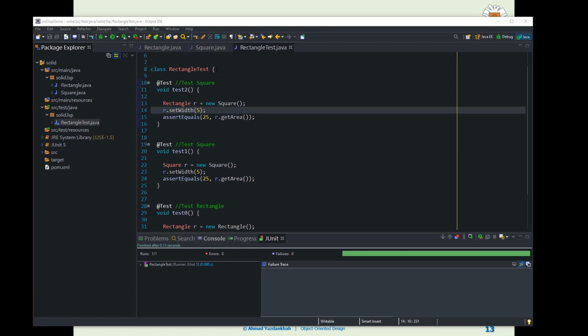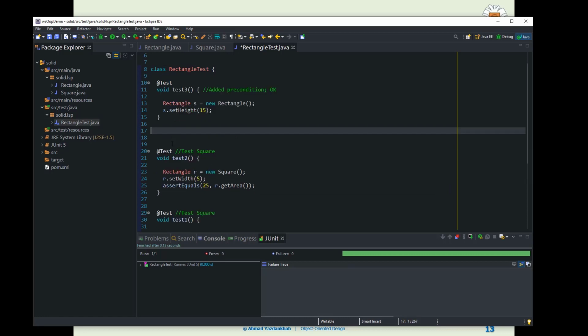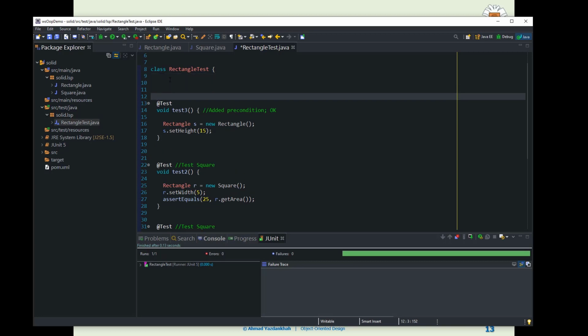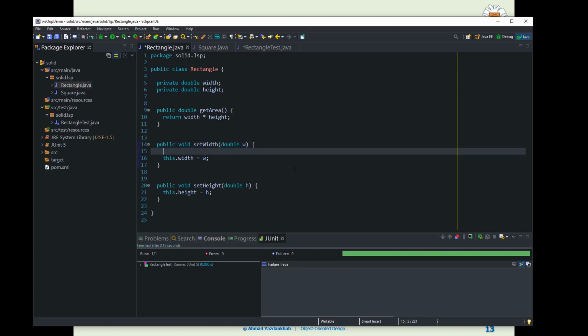Okay, let me create a test case for here. So this test case is just testing the rectangle, and we predict that it should pass. Actually, I need to add these preconditions here. So assert 15, W should be W greater than 0, and we put the same thing here for the height,